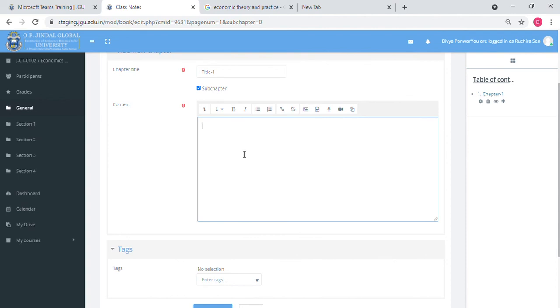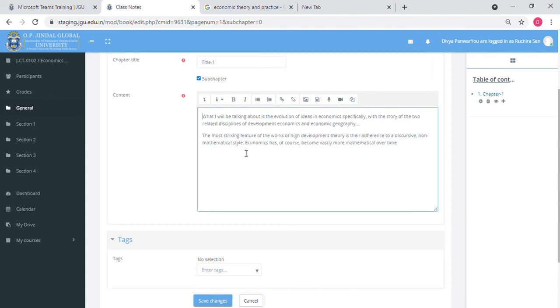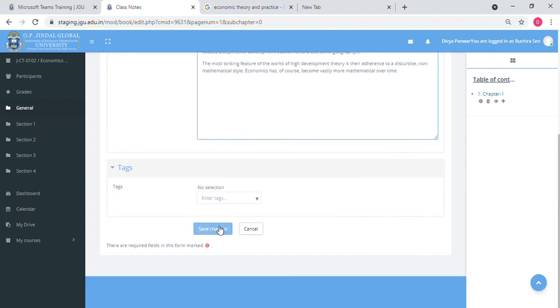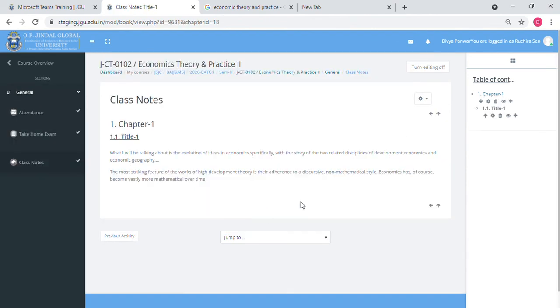Add the content here in the same way and click on Save Changes button. You can see here in the right, this Title 1 subchapter is created under the chapter. In the same way, you can add more chapters for the complete book. Thank you.